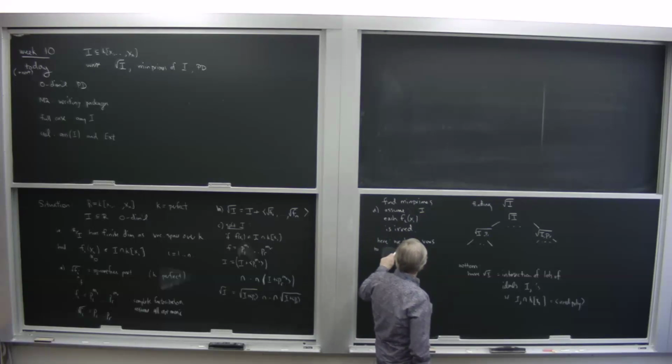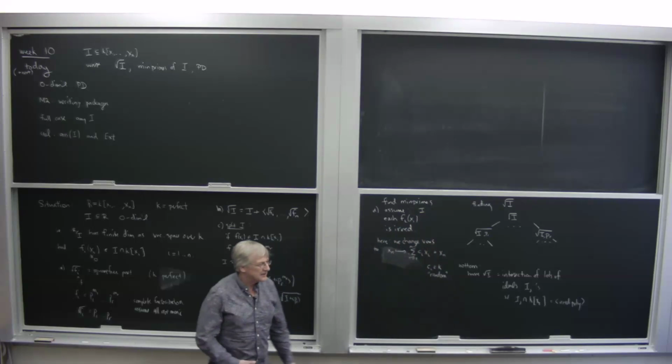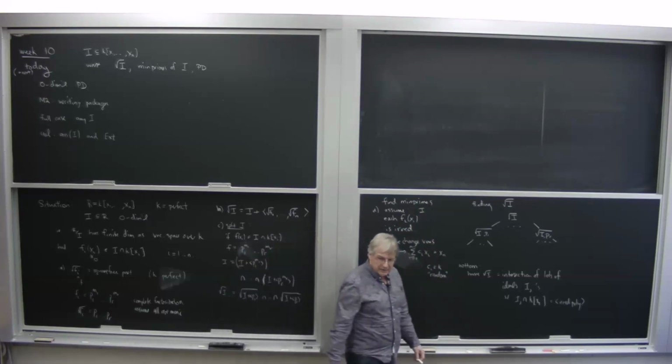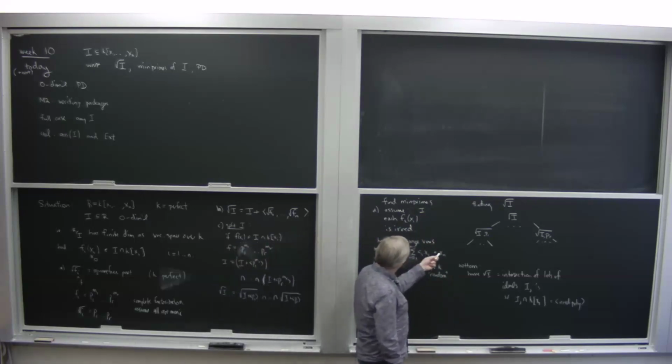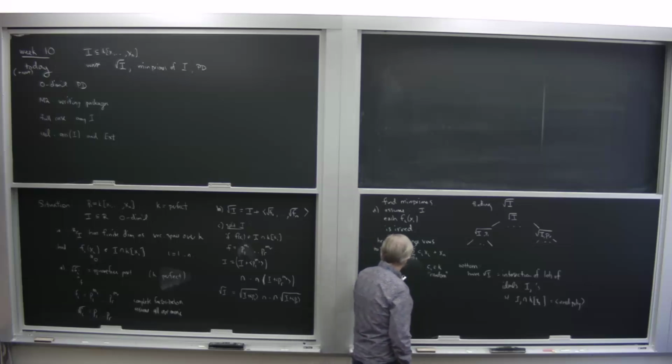But here we change variables: x_n goes to the summation of c sub i x sub i, i equals 1 to n minus 1, plus x_n, where the c_i are in k. They're sort of random, or they don't have to be random, but they better not all be. If they're 0, you might never find anything. Okay. So if you take random ones and you do this, then for general c, you don't know if you'll get it yet, but for general c,